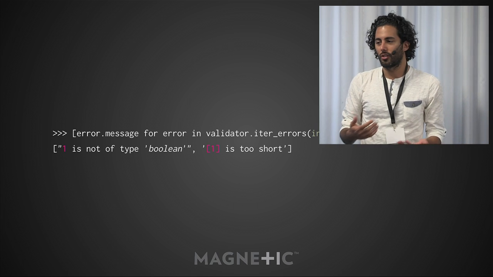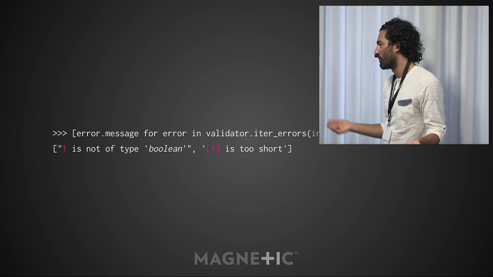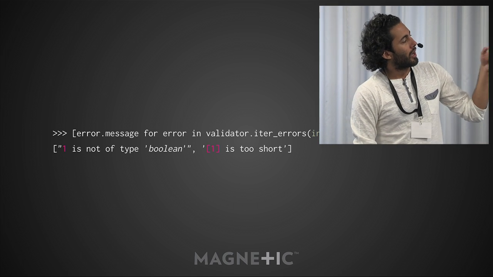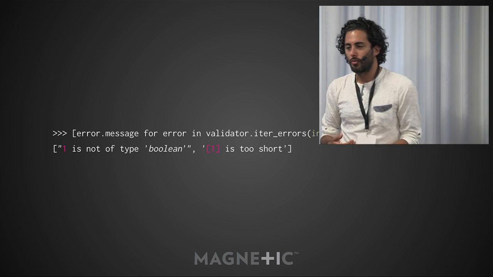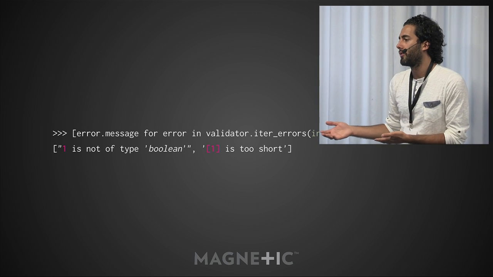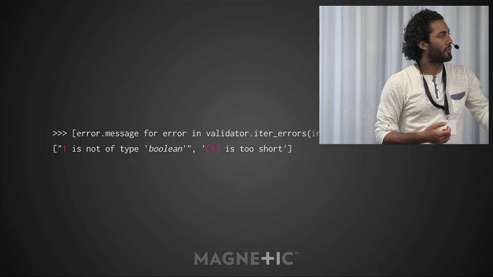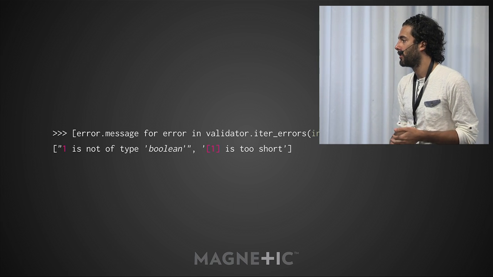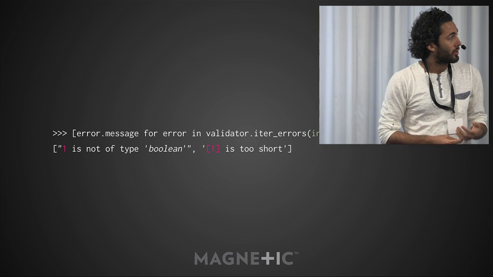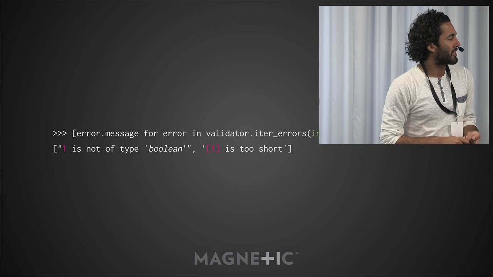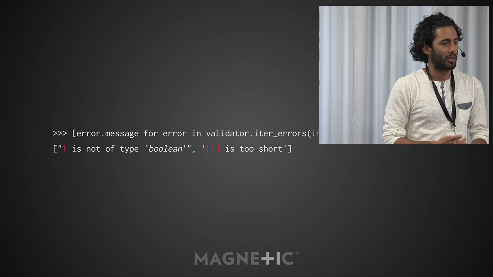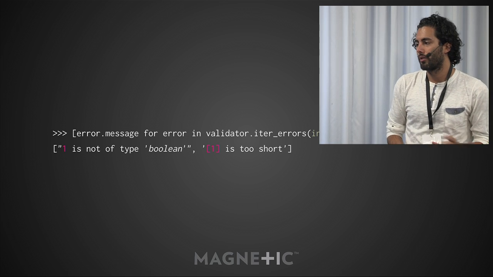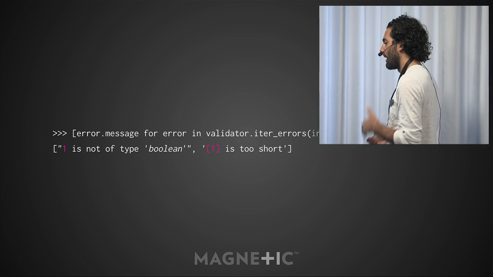So it'd be nice for us to just know, I have an instance, tell me all of the problems with that particular instance. And for that, there's a method on that object called iter_errors, which basically gives you an iterable of errors. And if we pull off the message, which is the thing that you see on the first line of the traceback from each of those errors, you'll see 2 errors in here now. One says that 1 is not a Boolean, which was the error that we encountered when we called validate. And then the other error, which says the array with 1 inside of it is too short, is also there.